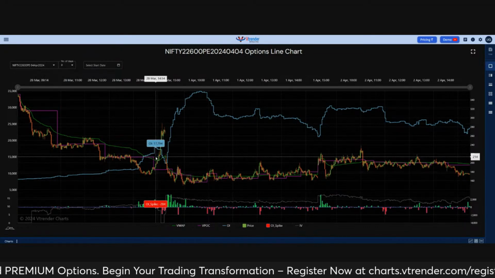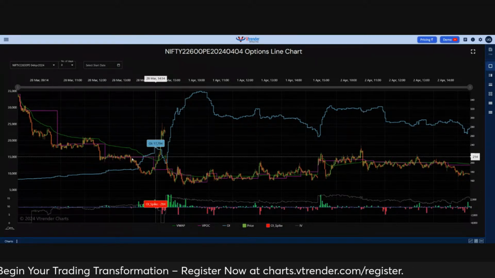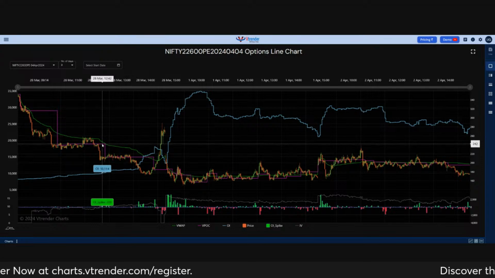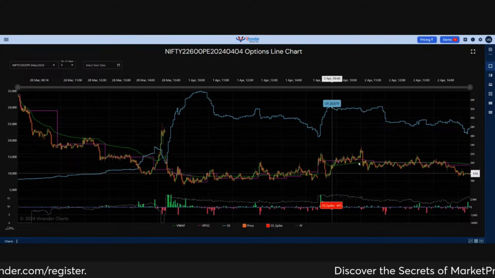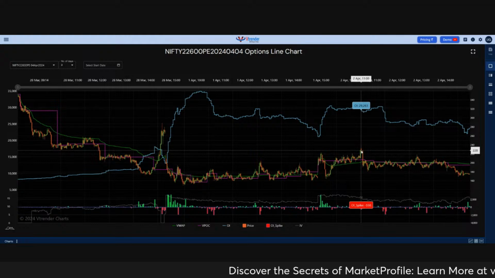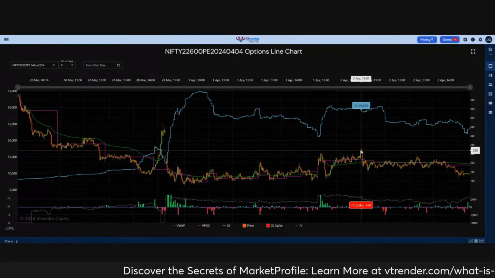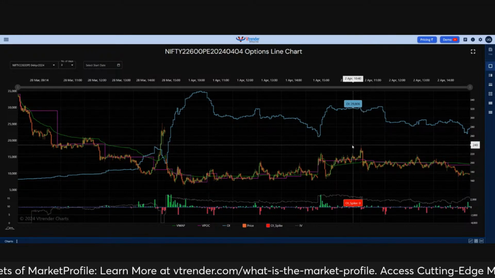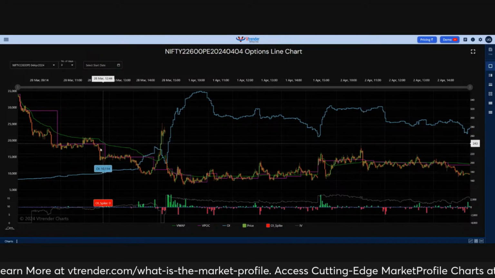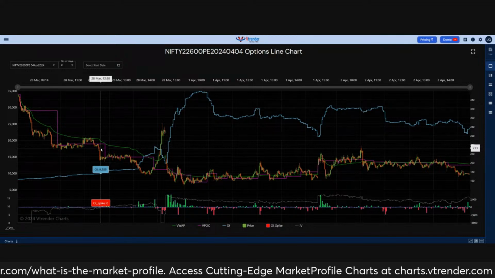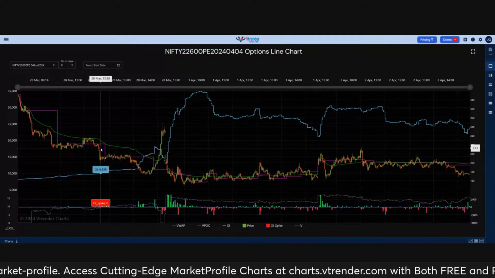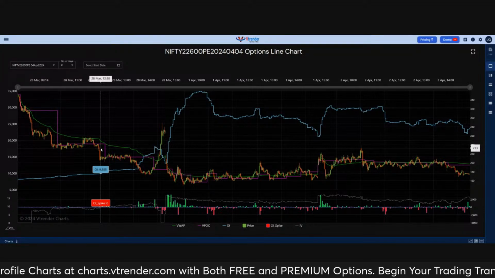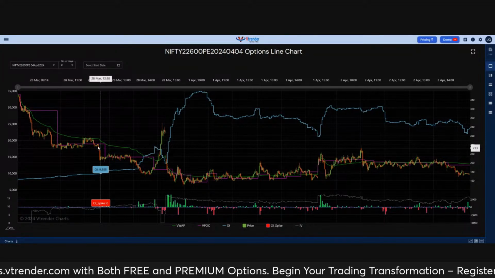So you can see this POC here is at 214, and this higher POC from 28th of March is at 241. So today when we had that move lower in the D period, at 11 o'clock you can see the high this put option made was 239. So it was stalling right at that POC. So even in options, these concepts work very beautifully. And when we see the futures and we see no IS coming at that POC of 28th March, we know that the option has also done its objective,